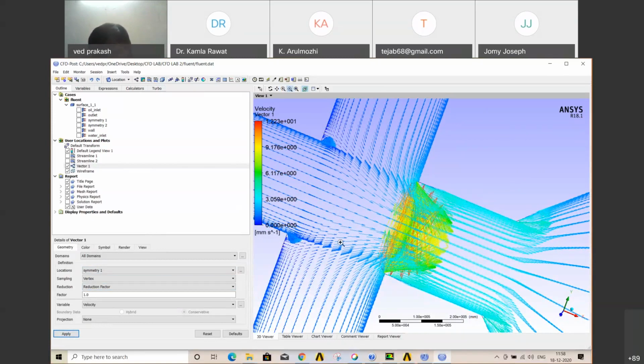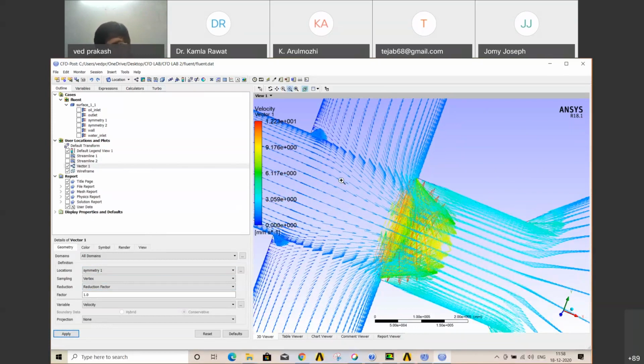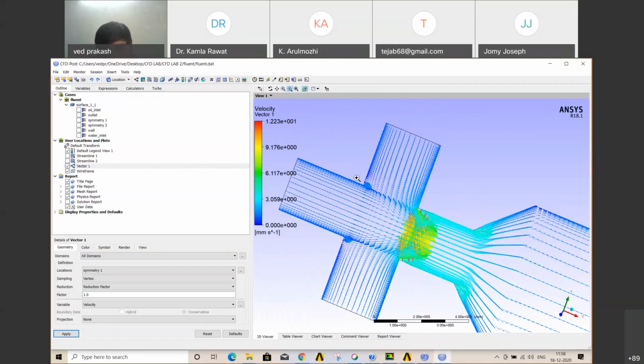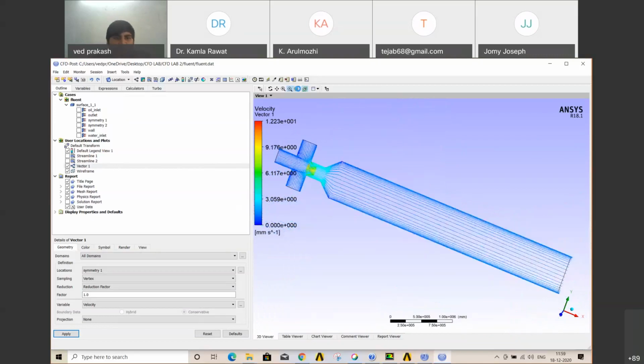It is not mixing directly, it is going very smoothly from there, and you can do your own analysis and see how they are behaving. With the help of this you can try many things like streamline, vector plotting. Also, you can create a line and check the velocity profile, all that. So I think it gives some idea.